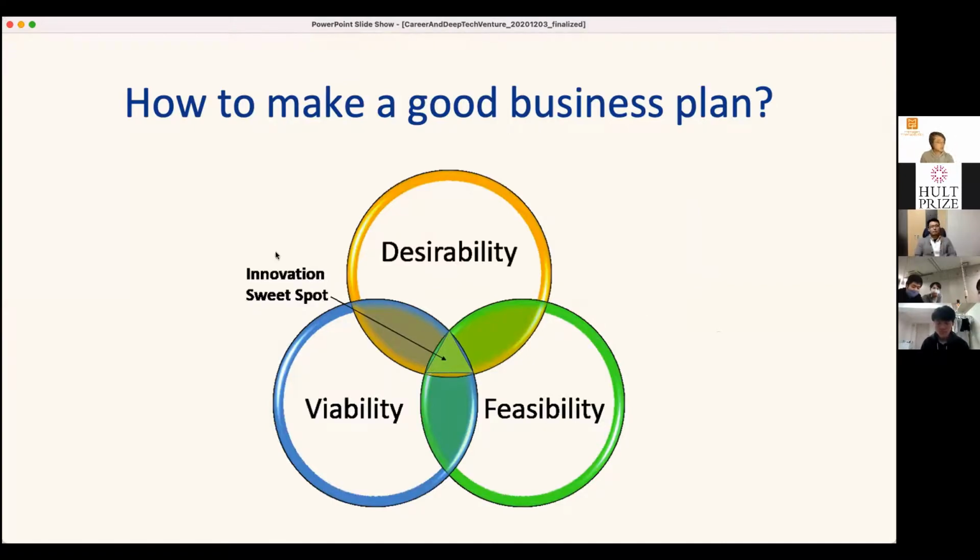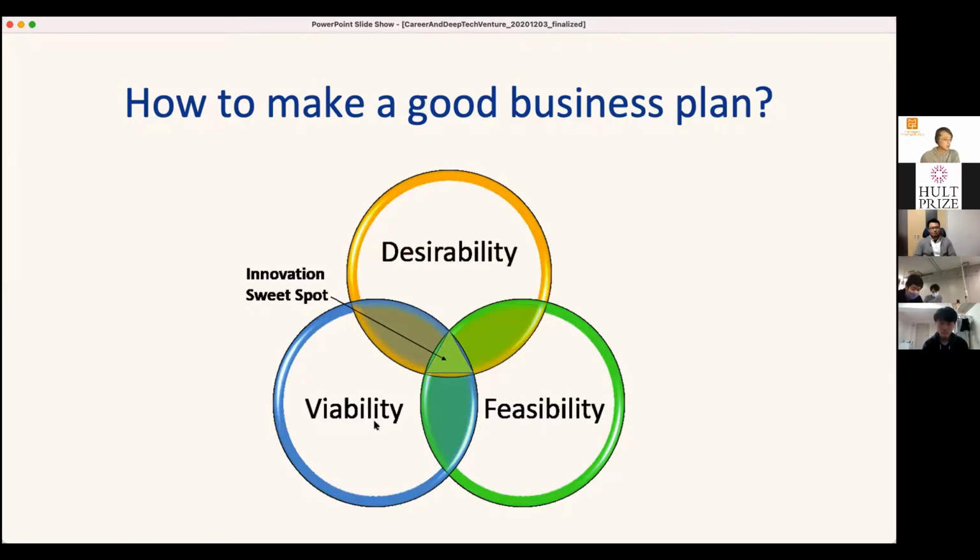And this is the very basic design thinking way to picture the very high level concept of what is the innovation business. And you need to have three concepts: desirability, which is, people need to desire what you're doing or what you're providing. So if you make something that people don't want, that's a problem. So you have to make something that people want.